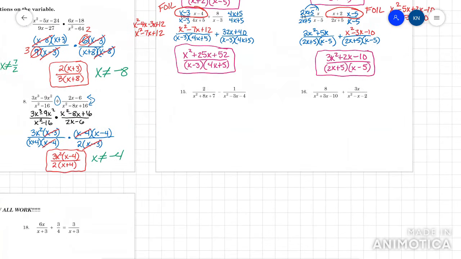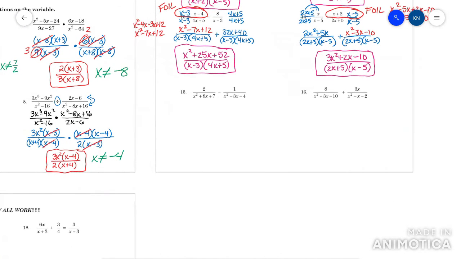All right, this next one, they're really stepping it up a notch now because they're giving you some trinomials. Well, the first thing I'd do is I'd notice that minus sign and I'd get rid of it. Okay, the next thing I would do is I would factor. So on bottom here, you're going to have x plus 7, x plus 1. And over here, you're going to have x minus 4, x plus 1. So your denominator, when you get the common denominator,